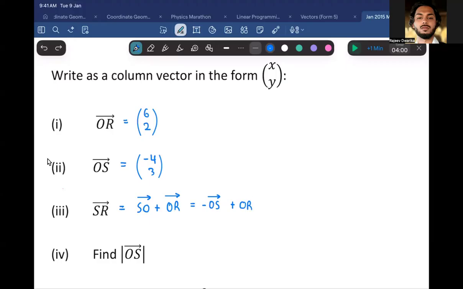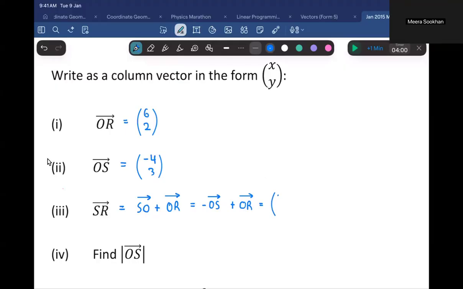So now let's do this substitution. So I'm going to write negative OS. So Mira, you can actually do a shortcut, right? You see how they say negative OS? That just means we're going to change the signs for OS. So instead of writing -4, we could write